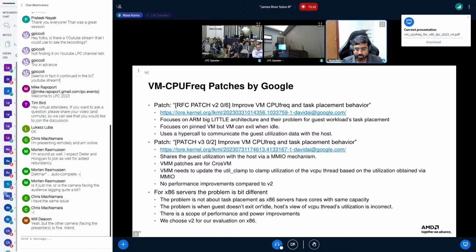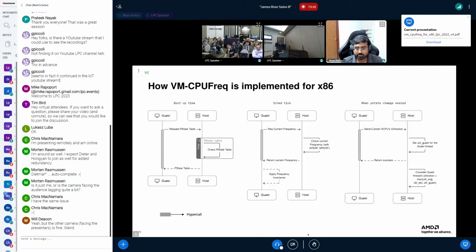But we have a problem when the guest doesn't exit on idle. So that's what we wanted to solve. We picked up V2. I'll not go into details on how this works because Saravana has covered it already in the previous LPC talk. So we ported those patches to x86.